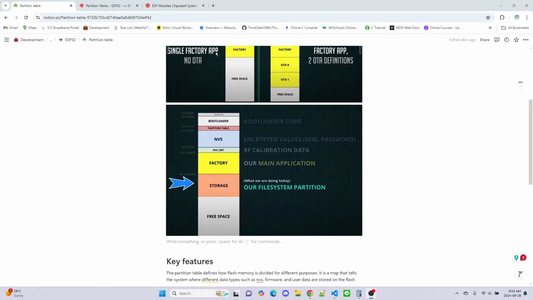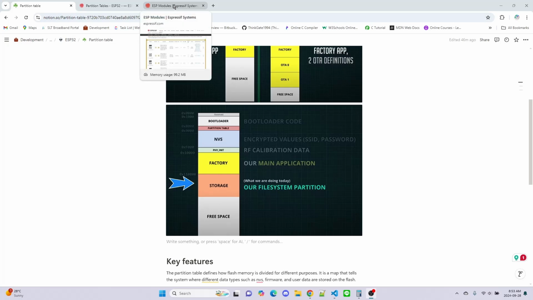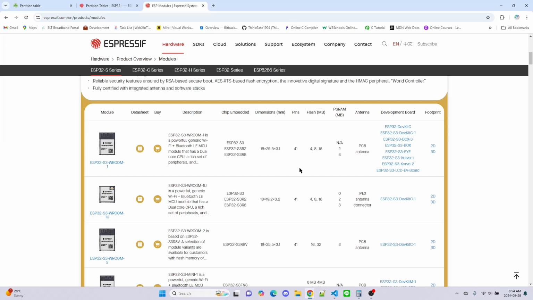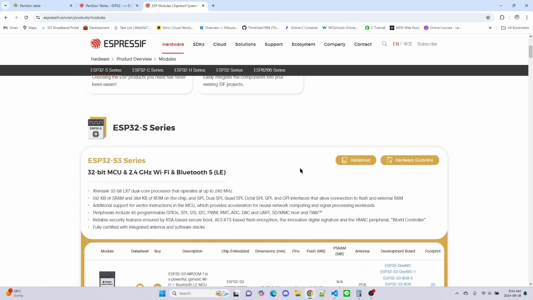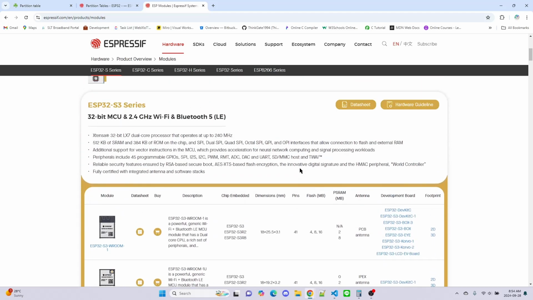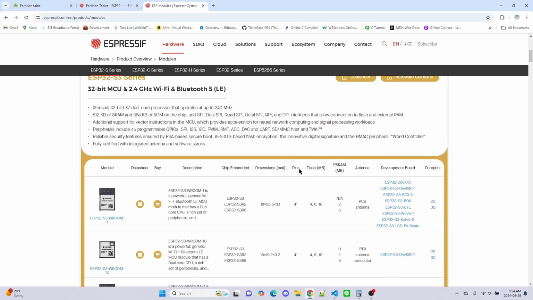When you are designing or developing a program, it is very important to finalize the size of the flash memory, and you should be able to fit your whole program into the flash memory size that you have selected. So, as you know, depending on the controller, the module or the SoC you are selecting in your product,